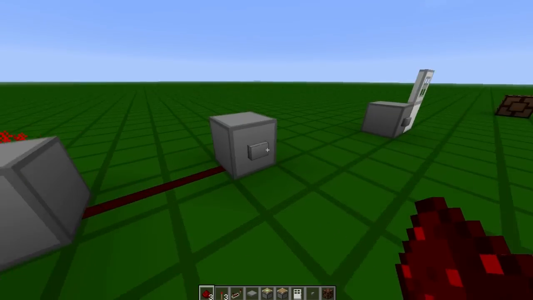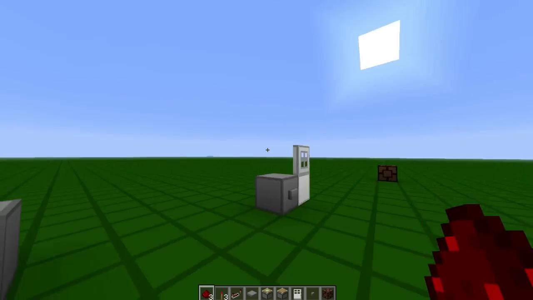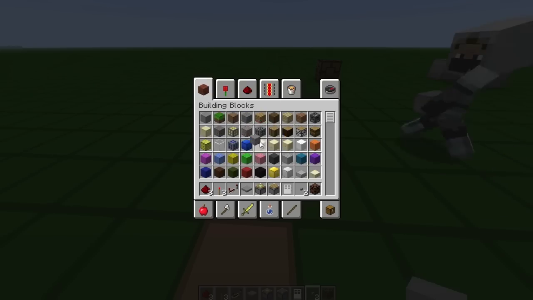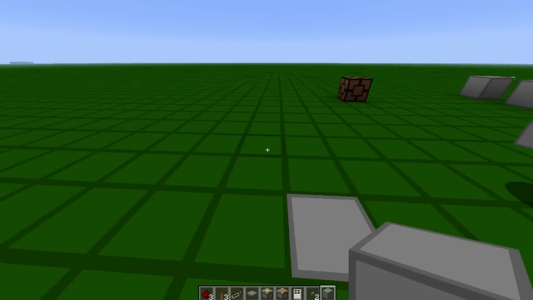Sweet stuff. So anyway, there's another way of opening a door forever, and that's with an RS NOR Latch. And I think then we'll stop the video after that. So an RS NOR Latch is...